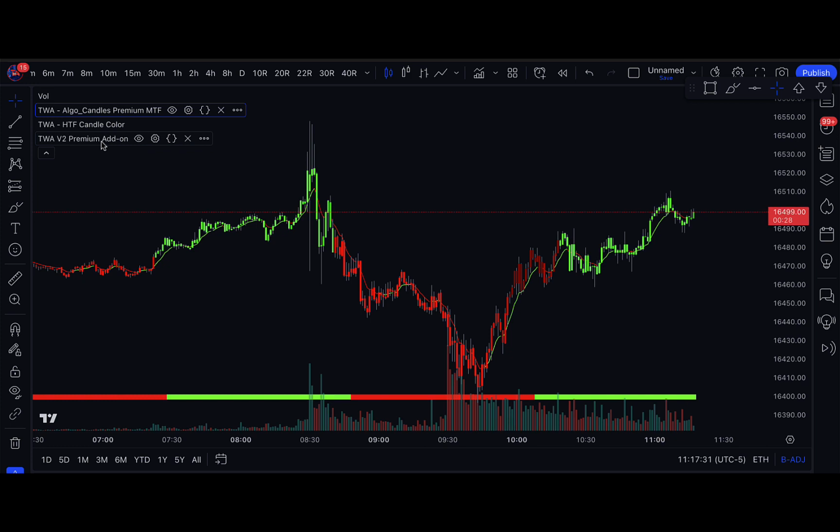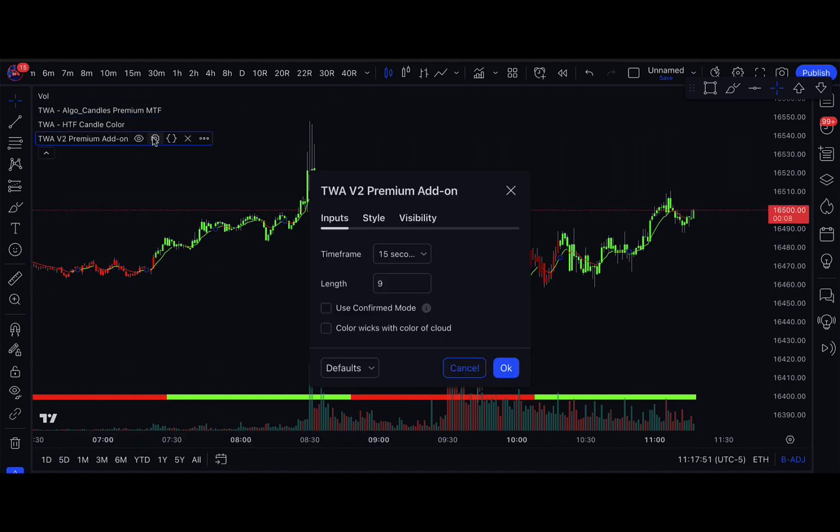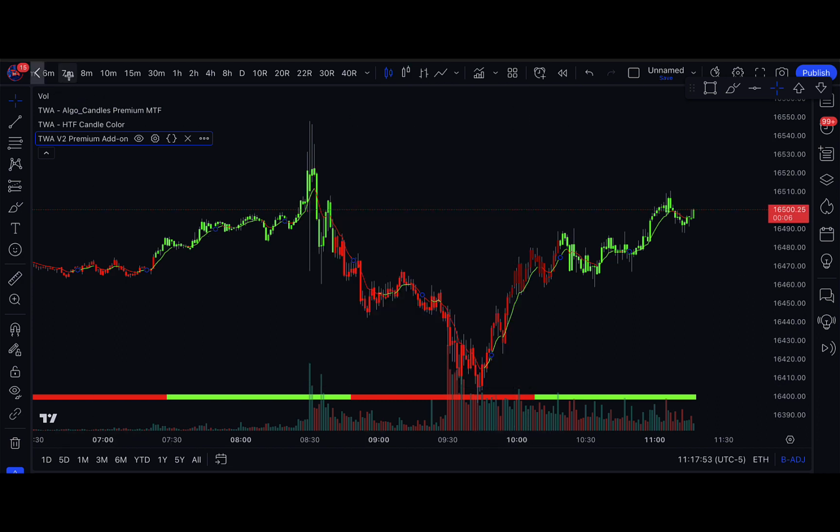All right. So basically this is just a green, and you can see where it's green now. So this would turn the candles gray and then back to red, and then a little bit of green here back to gray and then back to red. So if you didn't want to have this line on your chart, it could just change the candles for you. So this is what, 15 seconds. All right. So we just come here